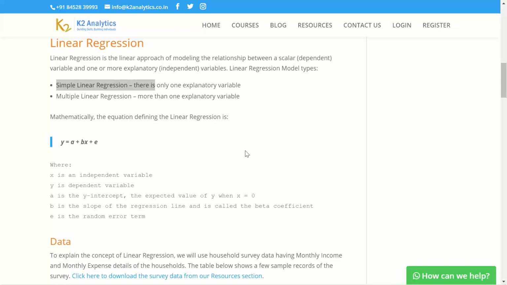The mathematical form in which we represent a simple linear regression is y equals a plus bx plus e. You can also write this as y equals alpha plus beta 1 x1 plus error.